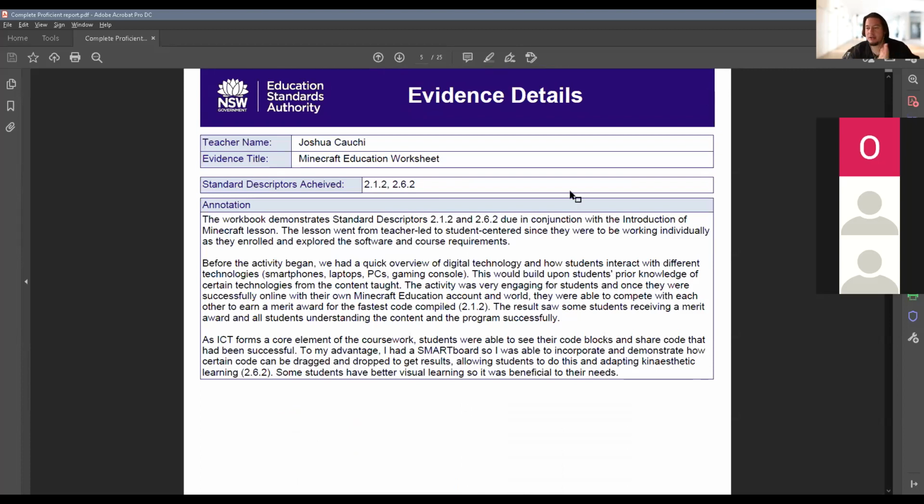Yes, Chloe just said that sometimes the document just gets too big. It does. You also have a limit for what you can upload. NESA will only accept a document or a PDF or an image that is 10 megabytes or less. If you need to reduce the size of something, you can compress it, and you'll have to go onto Google to show how to compress a file. But you will find that the easiest way to do this is that